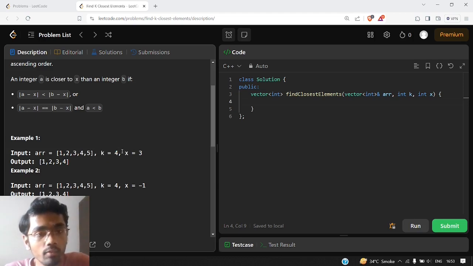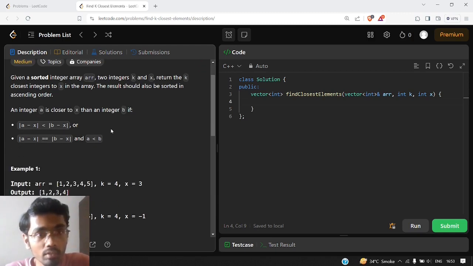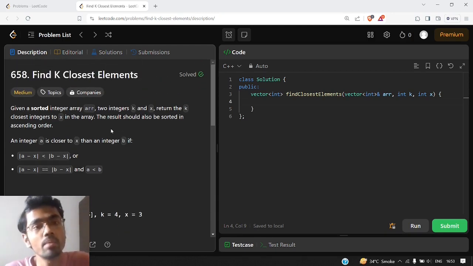So it is again giving us the hint of a priority queue, where our priority is the difference between two numbers. And what kind of priority queue will we take? We need the minimum difference at the top, so we will take a min heap as our priority queue. What a min heap does is put the smallest value at the top.